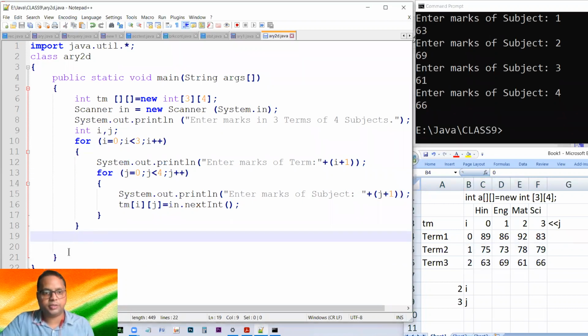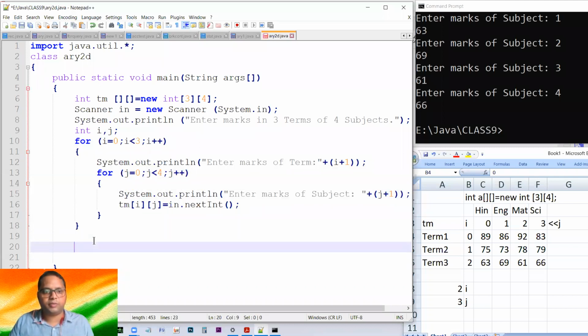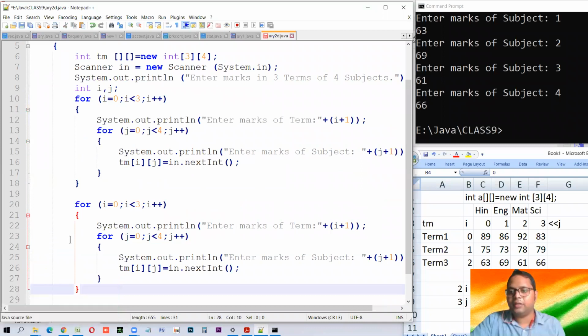If you have understood this, you can see the way to output. Output is also the same. Just copy this or type it, whatever way you find easy. So now we have what? We have this kind of arrangement in RAM. Although we have to re-execute the program to see the things working. And for outputting also,